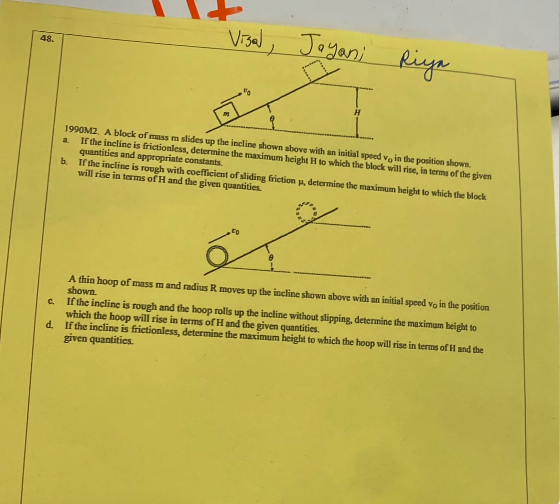(mu cotangent theta plus 1). In part C, we have a thin hoop of mass m now instead of the block, with radius r moving up the incline with v naught initial speed. So it's a similar thing, but now we have a thin hoop. The incline in part C is rough, and the hoop rolls up the incline without slipping, and we need to